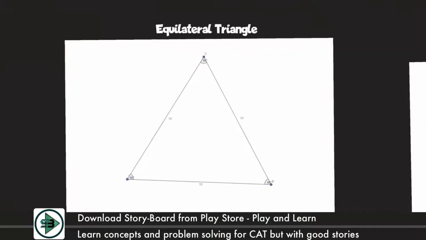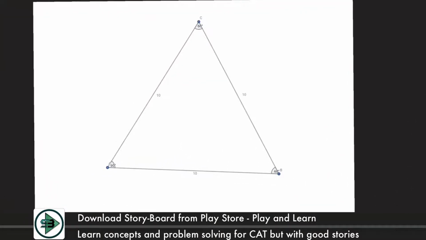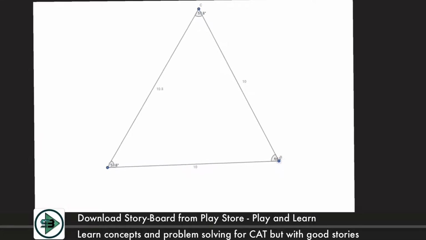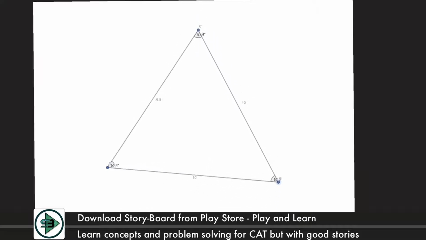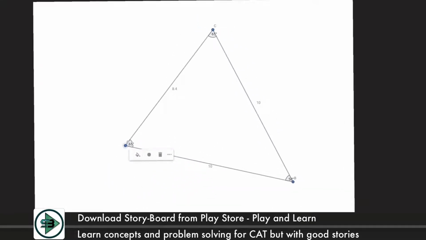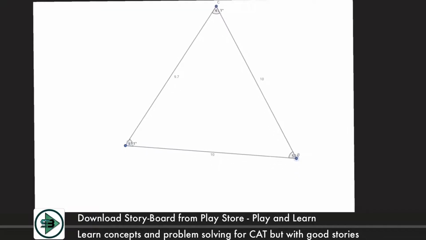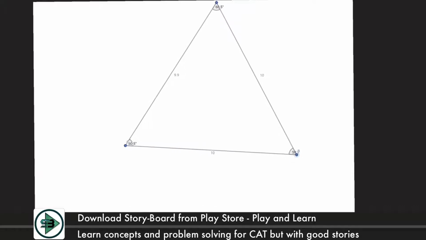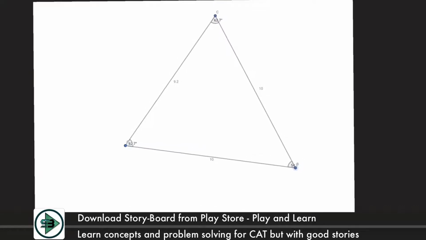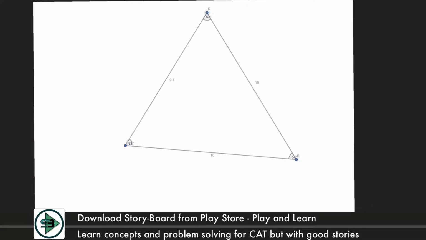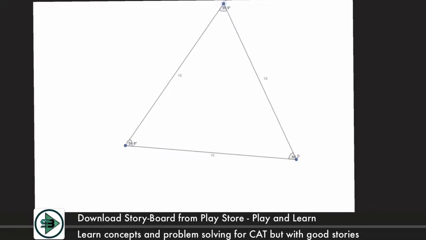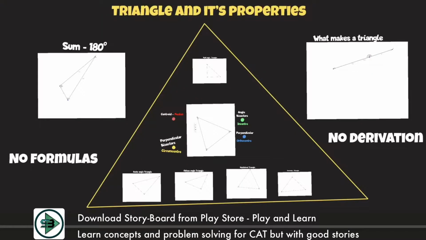We proved what we studied. Equilateral triangle, the simplest of all the triangles. All the angles are equal, which is equal to 60, and you can see all the sides 10, 10, 10. 3 sides and 3 angles are equal, that is your equilateral triangle. If I try and play with this, if the angles change, so will be the sides. So if I keep on changing the angle, it no longer remains an equilateral triangle. But when I make it 60, 60, 60, automatically the sides become 10, 10, 10, which proves that if the 3 angles are equal to 60, then the 3 sides will be equal, and that is the property of equilateral triangle that we already know.